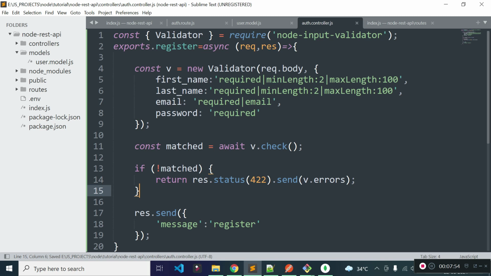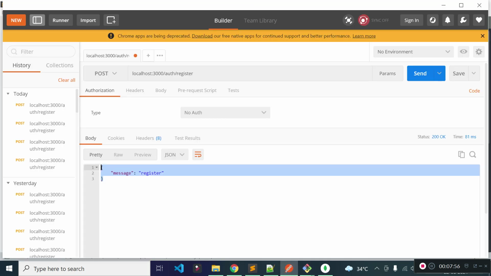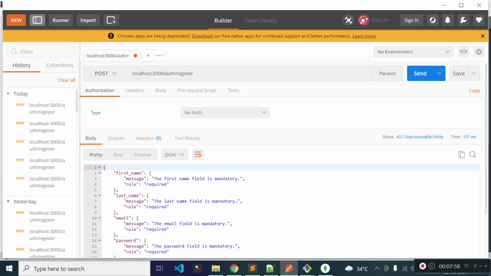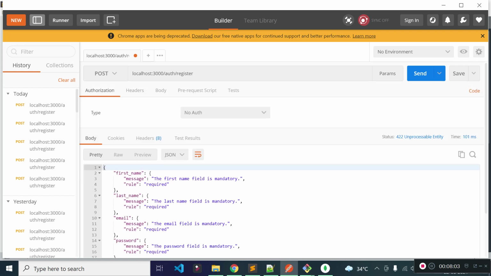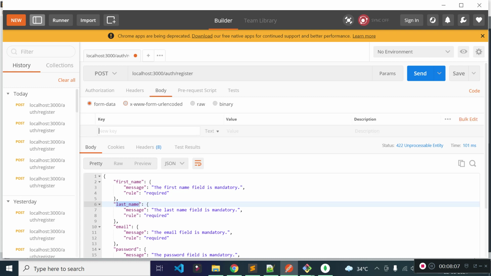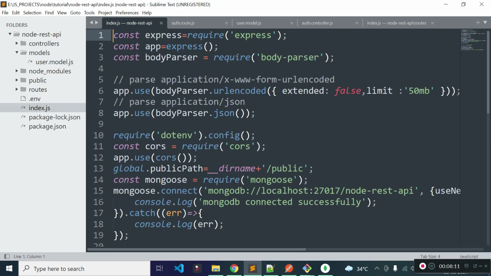Okay, now let's execute our registration endpoint from our Postman. You see, now we are getting validation error messages because we need to provide these fields first name, last name, email and password through x-www-form-urlencoded, because we used body parser urlencoded extended to parse data from x-www-form-urlencoded.